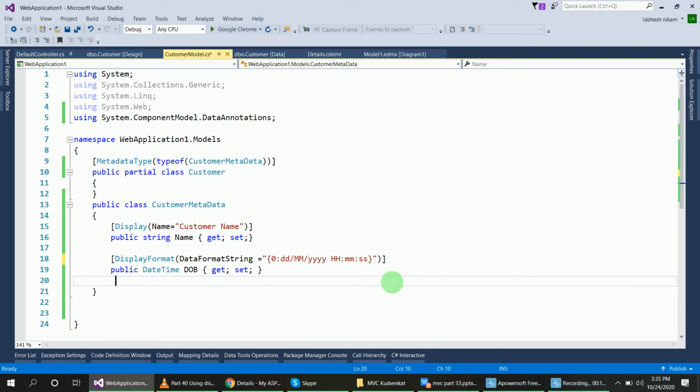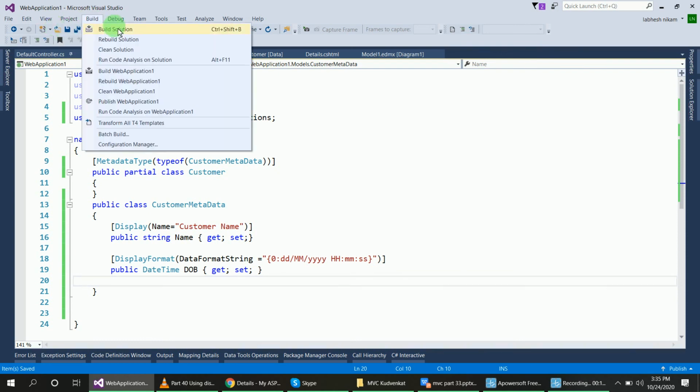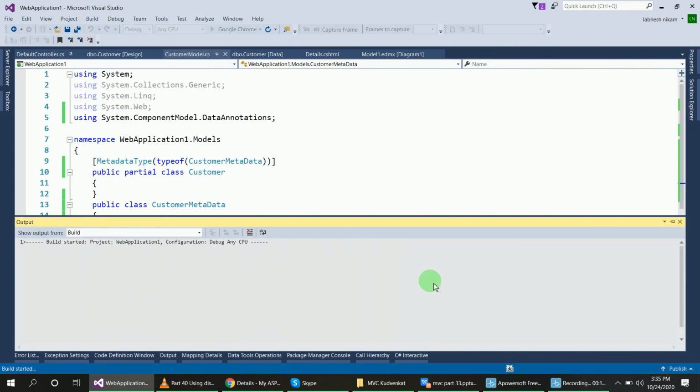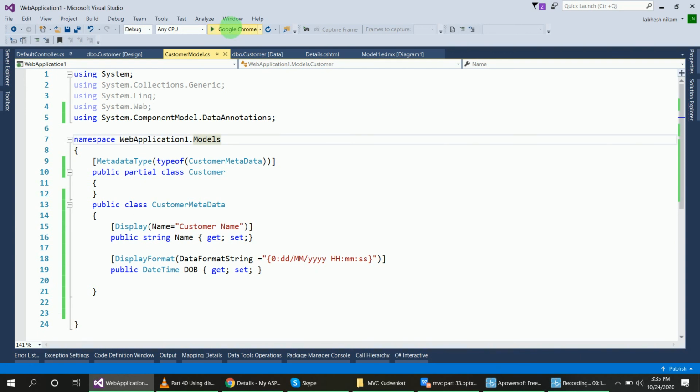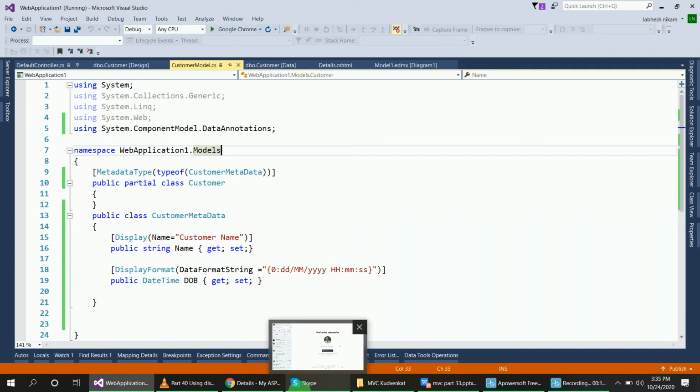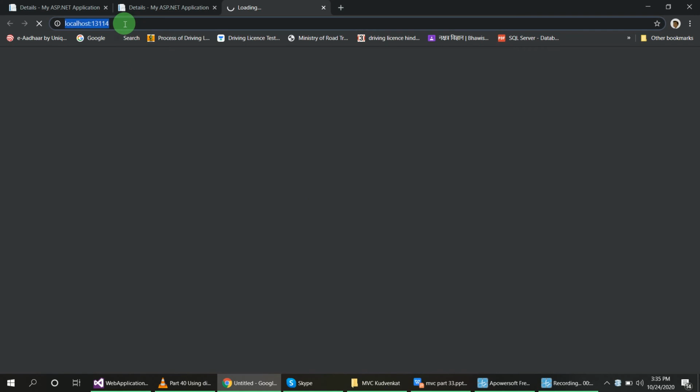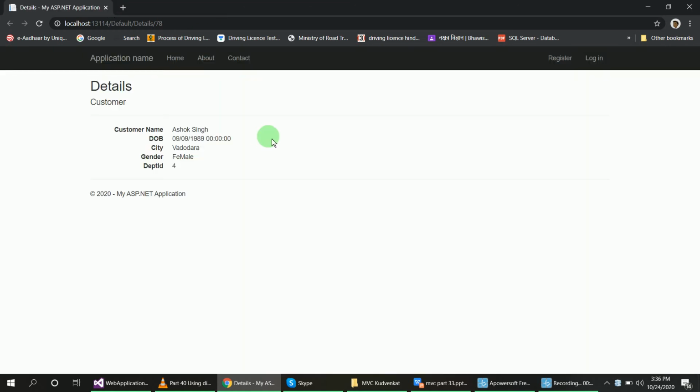Now let's build the program and run it and check the date display with the date time attributes or not. Okay, so let's start to build and run the program again and check my build is successful and I am running the program. It will display hour, minute and second with date. Okay, so okay guys, you can see here now the date of birth is displayed with hour, minute and seconds also.